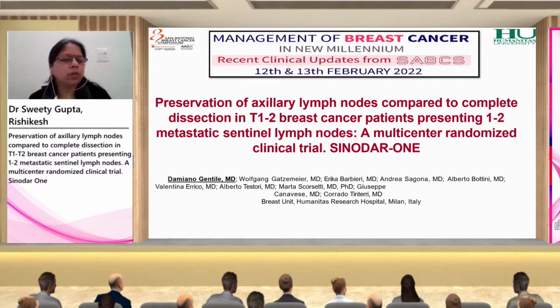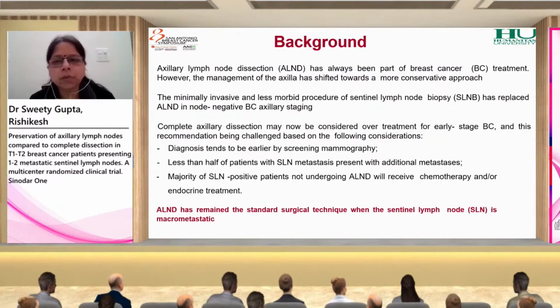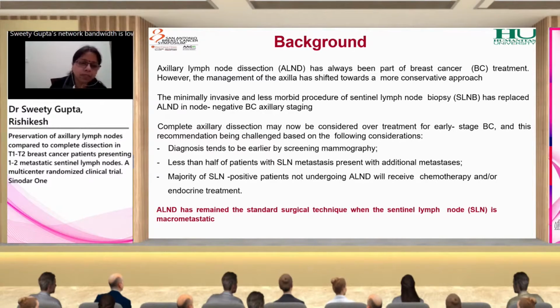So, in the background, axillary lymph node dissection has always been a part of breast cancer treatment. However, the management of the axilla has shifted towards a more conservative approach. Sentinel lymph node biopsy has now replaced axillary lymph node dissection in node-negative breast cancer axillary staging. The complete axillary dissection may now be considered overtreatment for early breast cancer stages, and